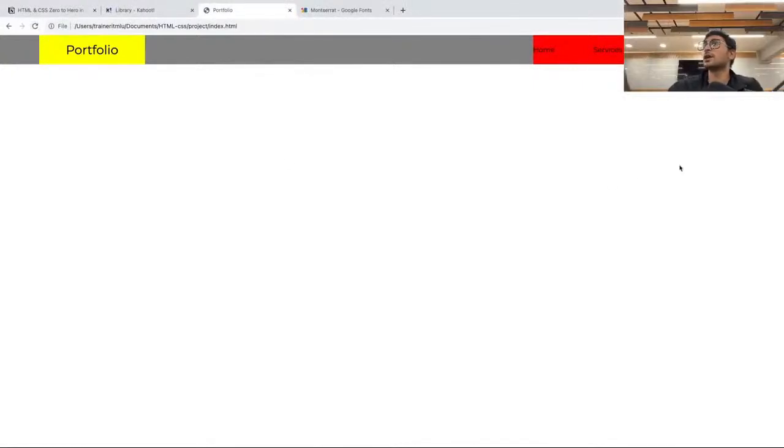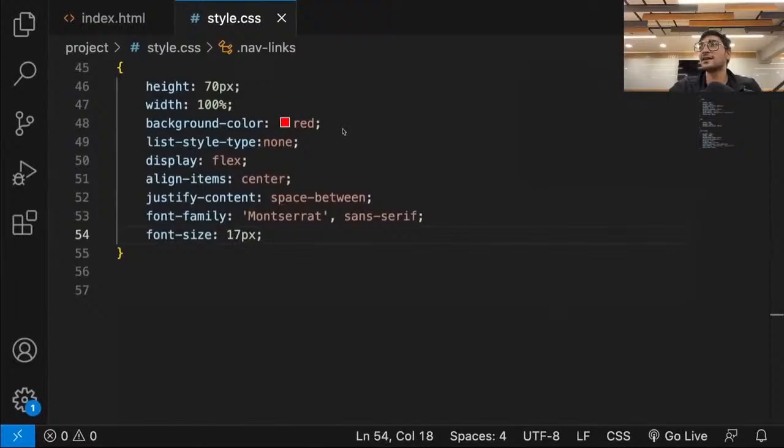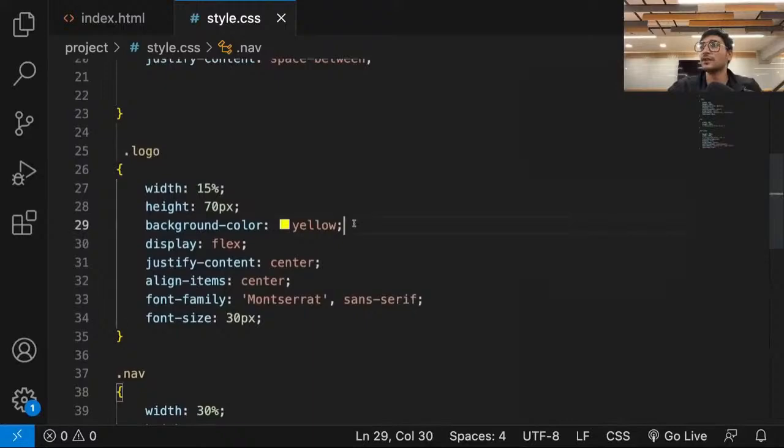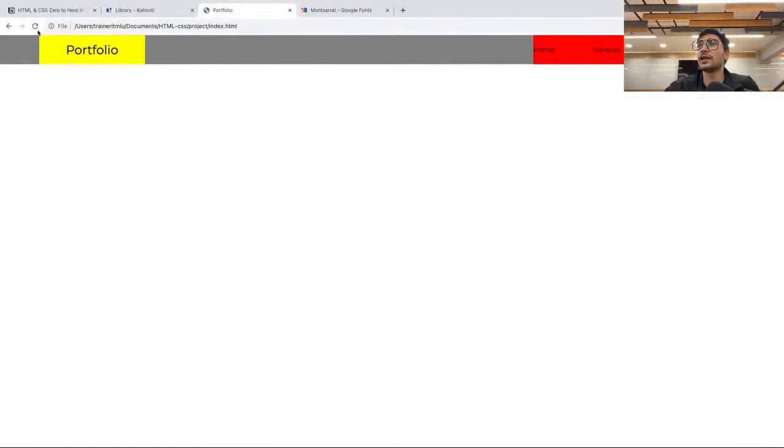And here we go. A good looking, simple navigation as well. Okay, now the final thing is, see, remove the red, remove the blue, remove the yellow, and you will have a really, really good looking header like this. Is that clear, guys? Now don't worry, we'll change the color of this, but see, we have a simple